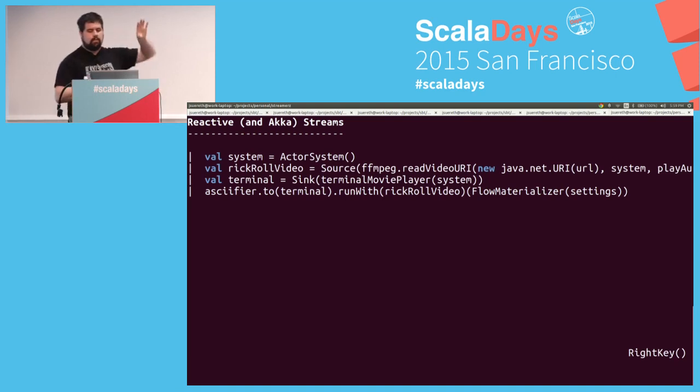Okay, so what you can do with reactive streams, which I'm going to show you right now, this is code that exists in my slide presentation framework, all right? You create an actor system. I create a source that's going to read a FFmpeg file, okay? And you give it like the URL, the system, whether or not to play audio. And then I give it a sink, which is the terminal. So I'm going to render this FFmpeg into the terminal. And then I have this thing called an askifier, which is a flow. All right, I'm going to stream to the terminal from the Rickroll video, and then we're going to materialize this guy. And if I press R,